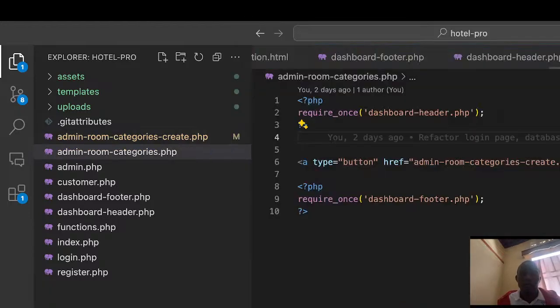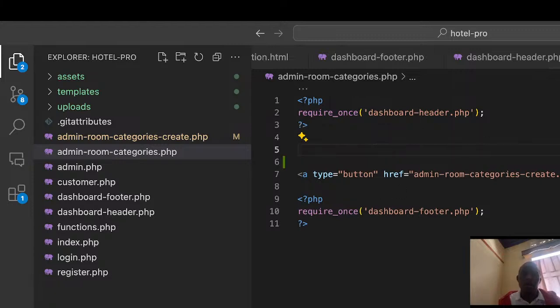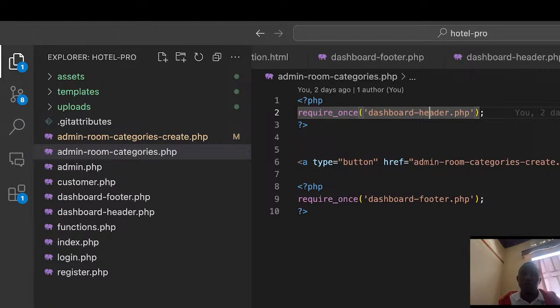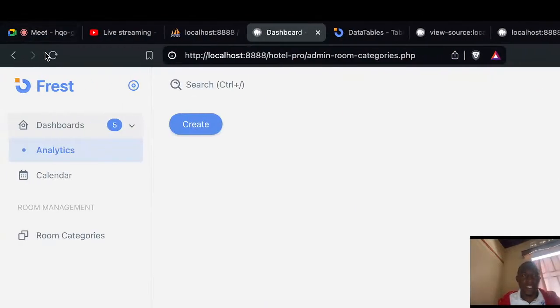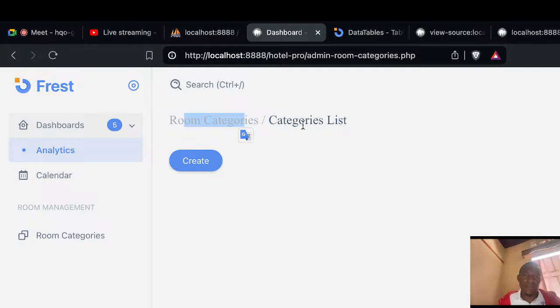So I'll go ahead here in the category, and on top of this, before I import the header, I'll define the title and page section. The page section, of course, is remaining room categories, and the title is going to be room, I can say maybe categories, or maybe categories list. Okay, categories list, something like that. So if I refresh like that, you'll see that we were able to get our title there. So in between here, I want to put now the